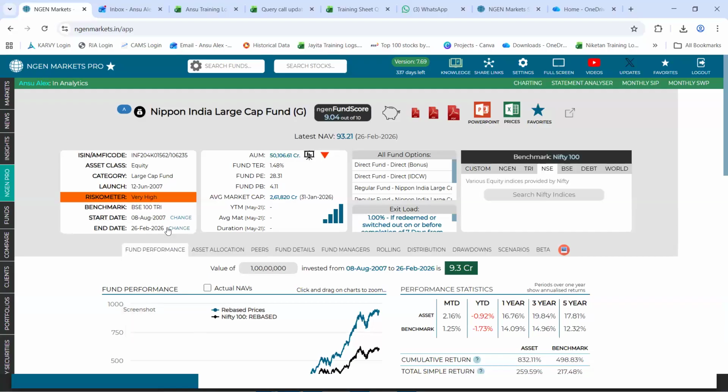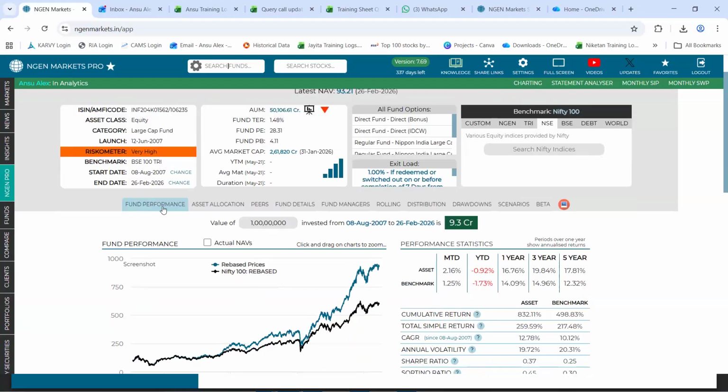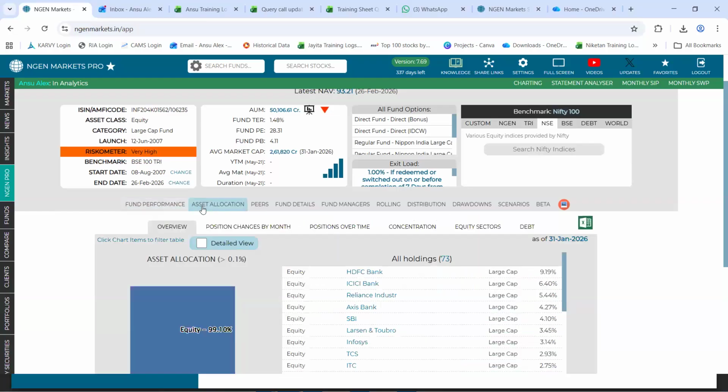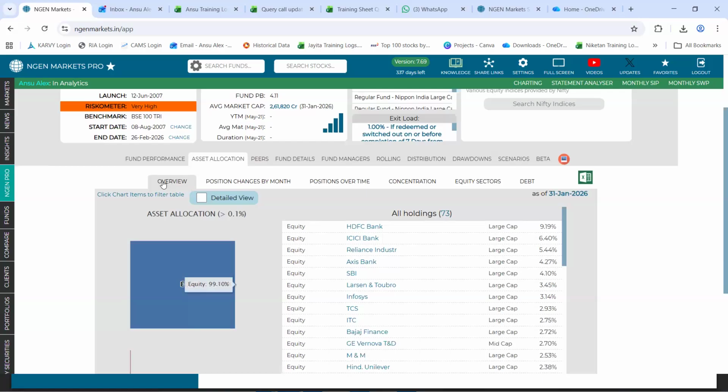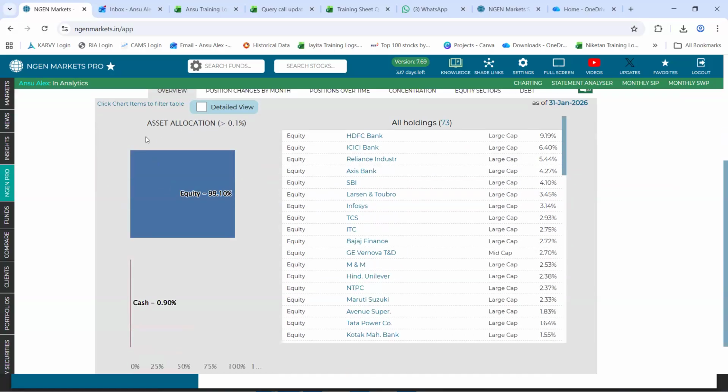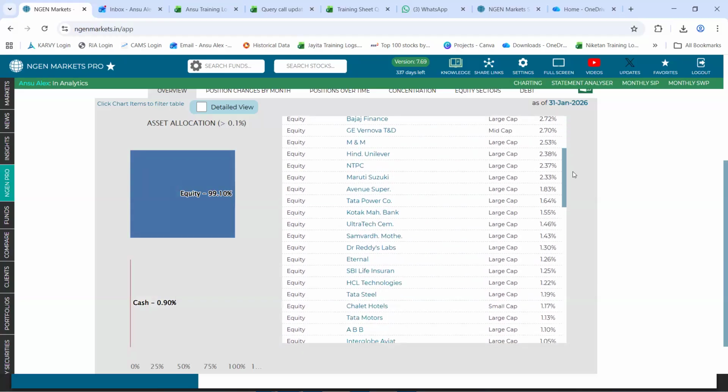Right. So when you load a fund, the first tab by default will be the fund performance tab, which will show you a comparison of the fund against that of the benchmark. Following that, we have the asset allocation page. Within asset allocation, there are further sub tabs, starting with the overview tab. The overview tab lets you know the broader equity, debt, or underlying cash or foreign equity component for every fund. Following that, just right next to it, you can view the breakdown of this fund's latest portfolio.